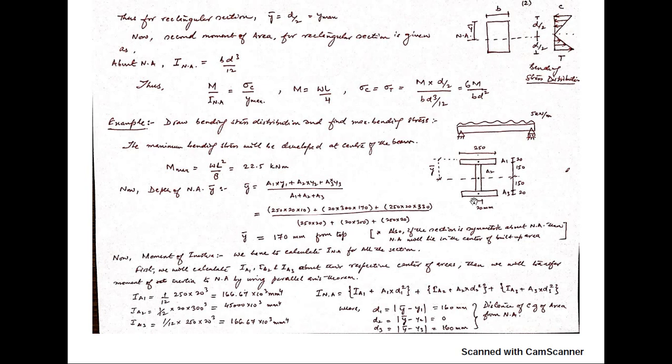For all the areas you have to shift this IA3, IA1 and IA2 to the neutral axis. And you can see over here that the neutral axis is passing through A2, so D2 will be 0. Okay, so what is this D2 again? D2 again is the distance of the centroid of the area of A2 to the neutral axis, that is coming to 0. That is why it will become 0. And what is D3 basically? D3 will be the distance of the CG to the neutral axis. Okay, so know the difference between D, y bar, y1, y2 and y3. Just practice it and you will get to know.